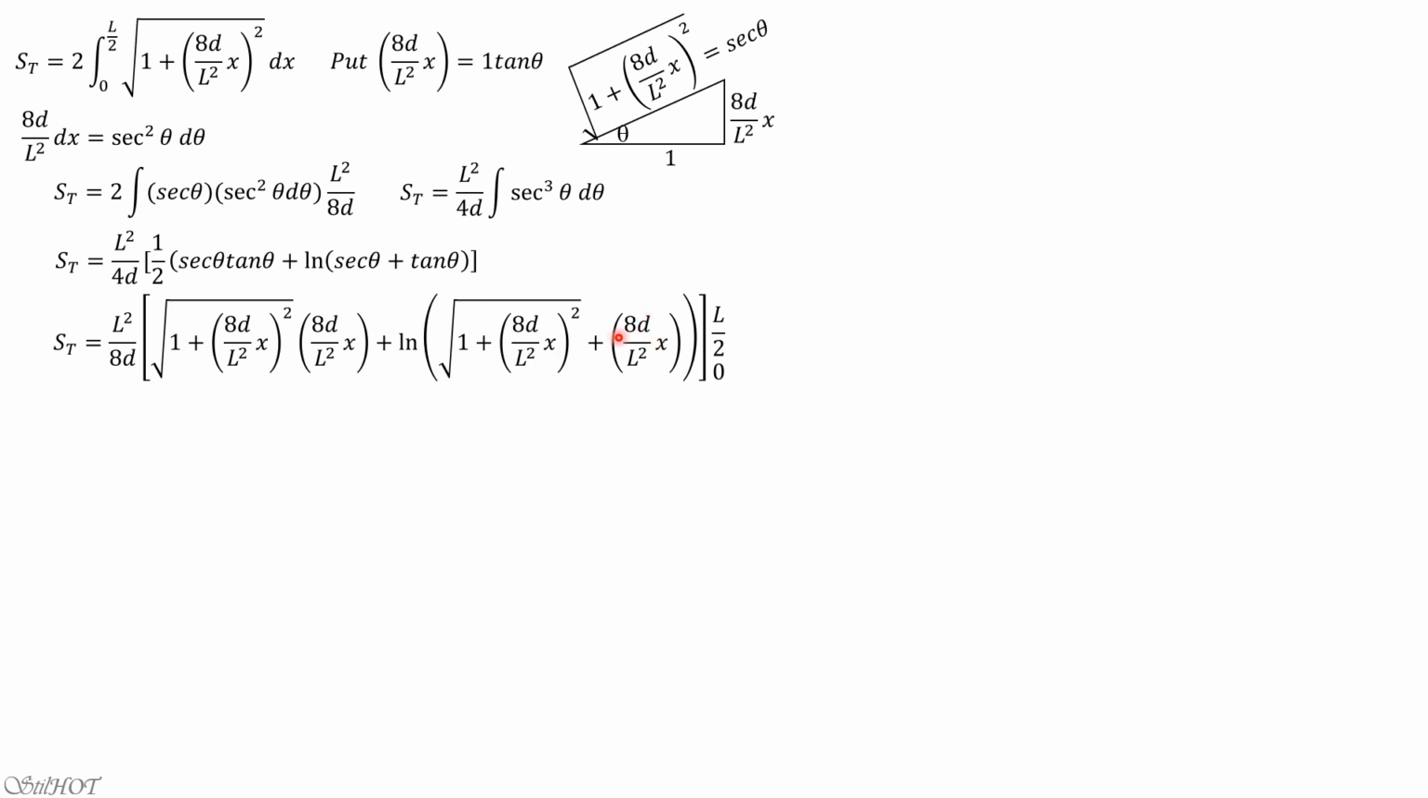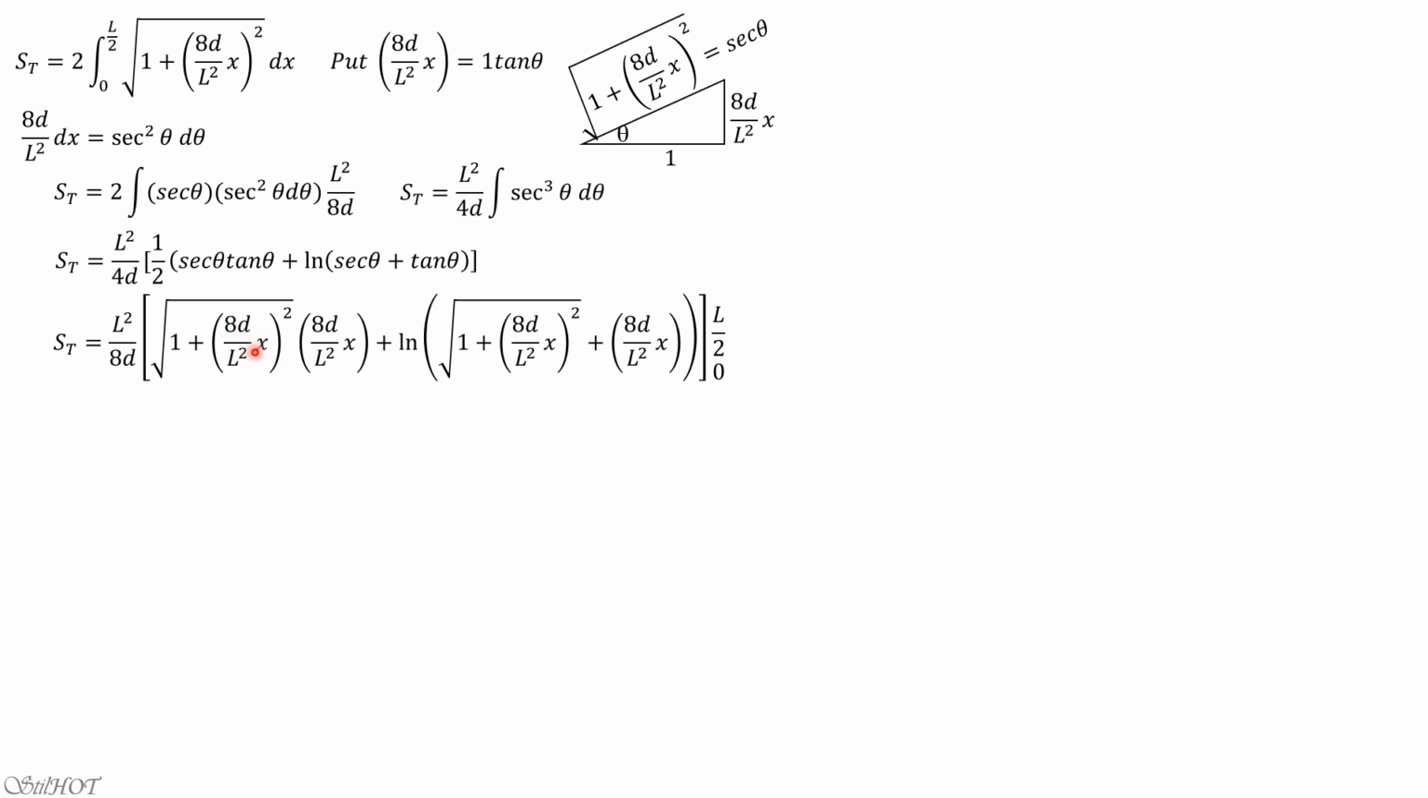Then in this second term, this is 0, and this is 0, so we have ln of the square root of 1, or ln of 1, because ln of 1 is 0. So when we substitute the lower limit, everything will be 0. So we are only concerned with the upper limit, which is L over 2. So if x is L over 2,